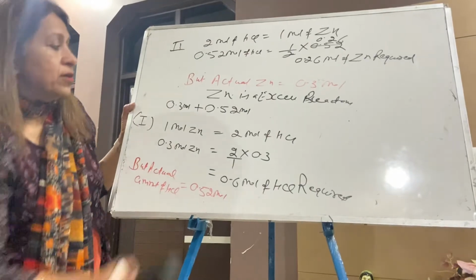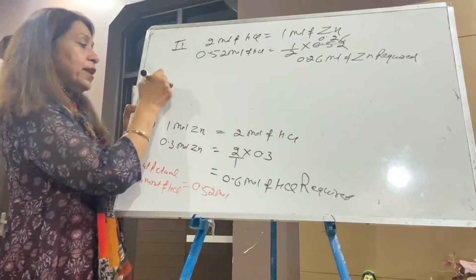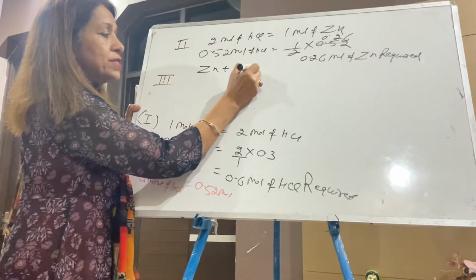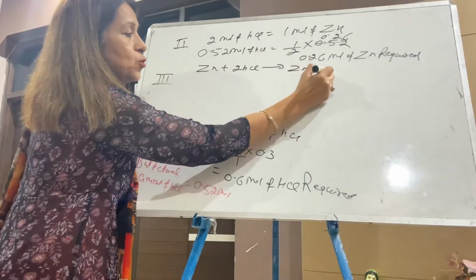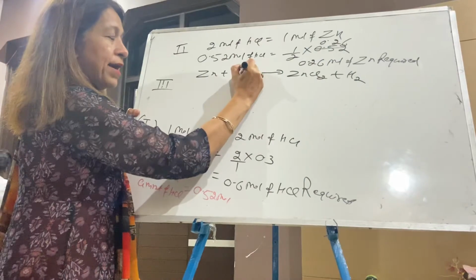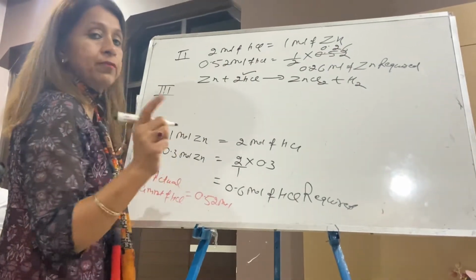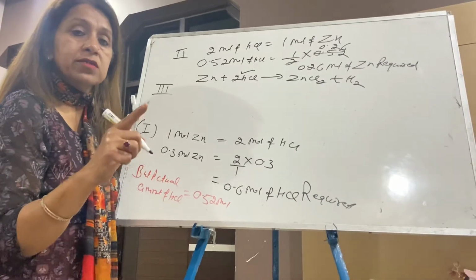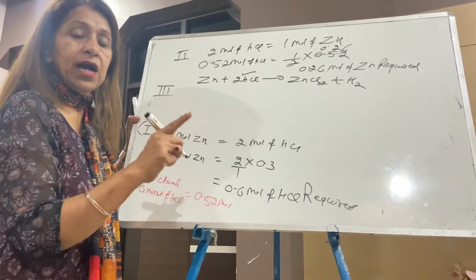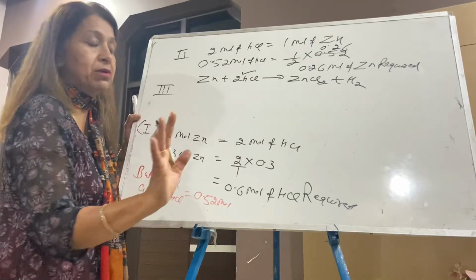Now unitary method number 3. Write down third. Again write the reaction: zinc plus 2HCl arrow ZnCl2 plus hydrogen. Now I already marked HCl as the limiting reactant. Limiting reactant always decides the amount of product. Listen to me: the limiting reactant always decides the amount of the product formed. Now your attention must be only on the limiting reactant.